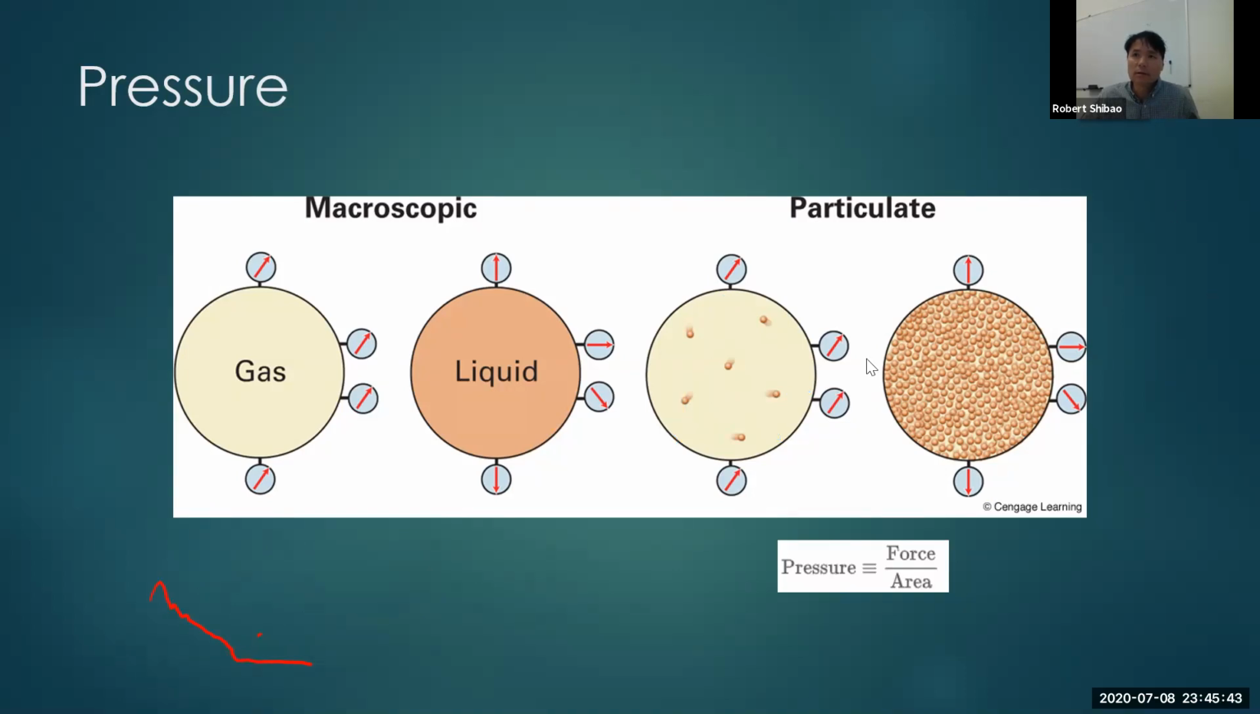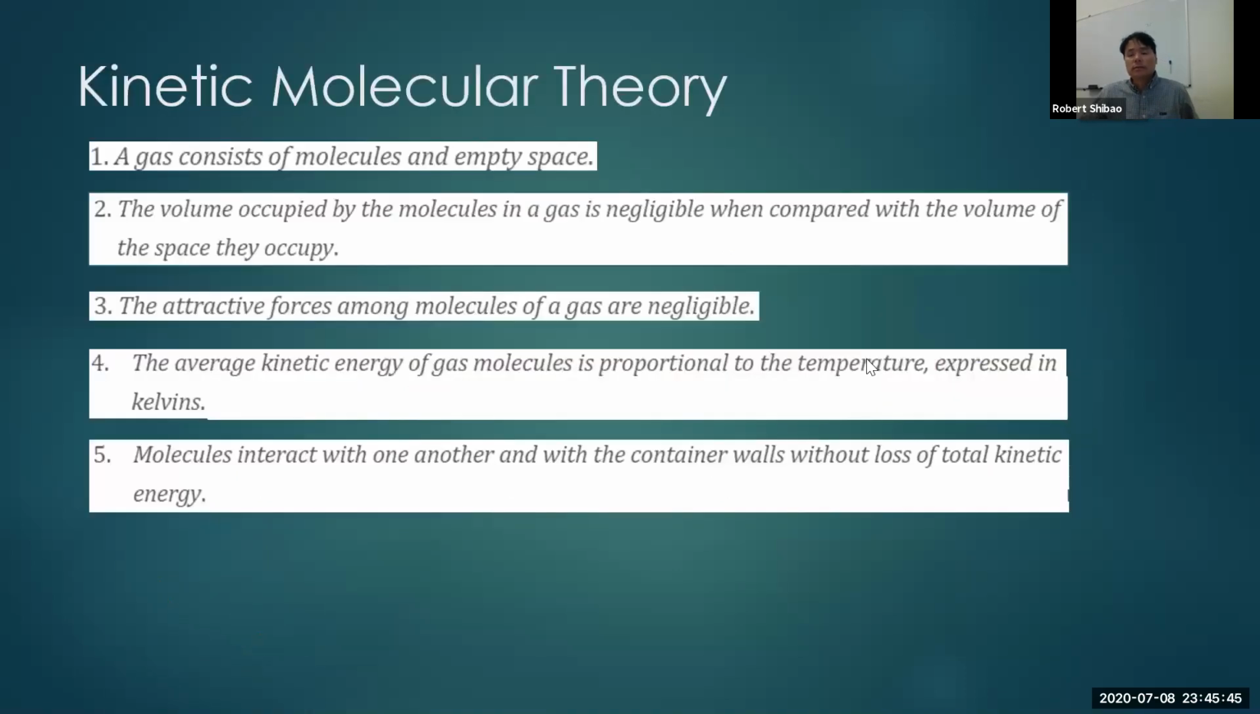On to the next one. So when we try to visualize the gas at a particular level, we use kinetic molecular theory. Kinetic is motion, and motion of molecules. And so these are the basic constructs of this. But this is kinetic molecular theory for what's called an ideal gas. We'll talk about ideal gases and real gases as well. But for an ideal gas,